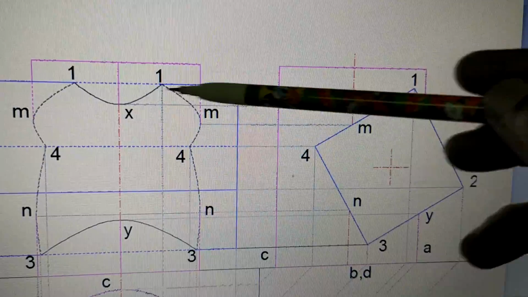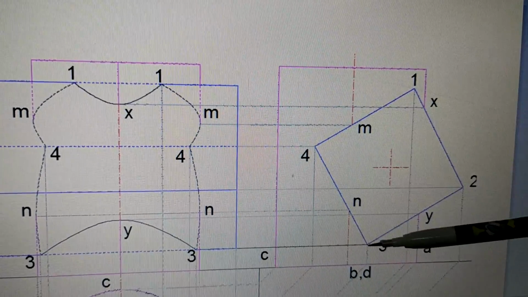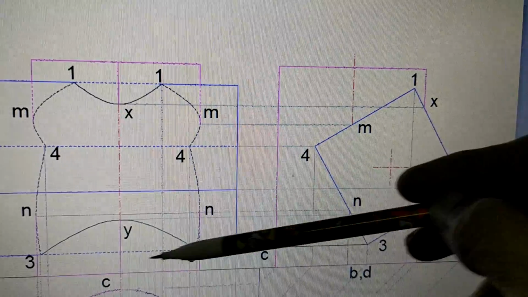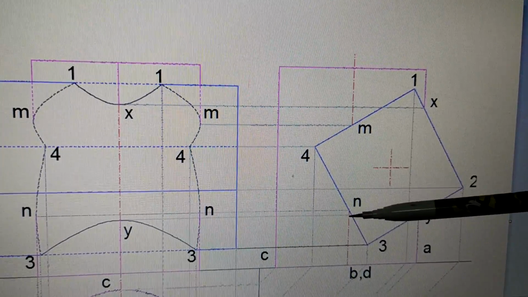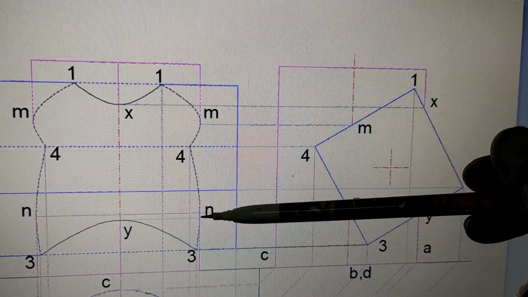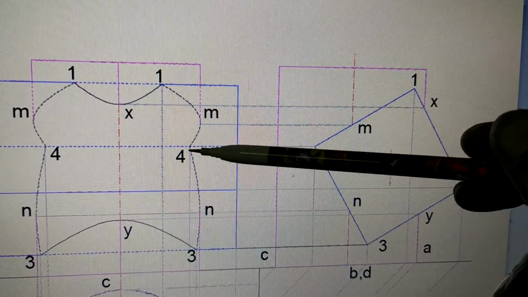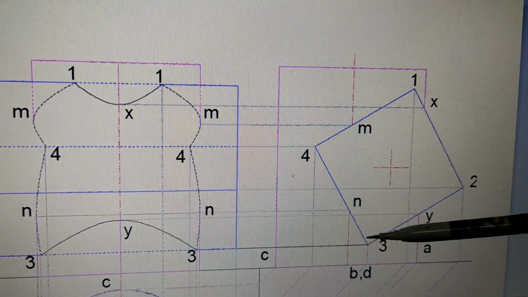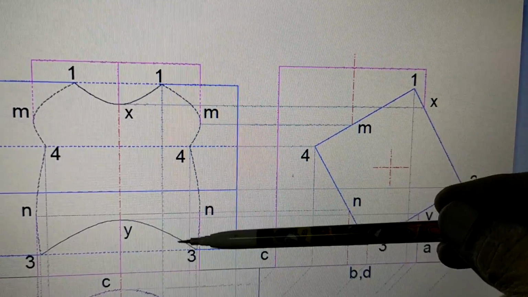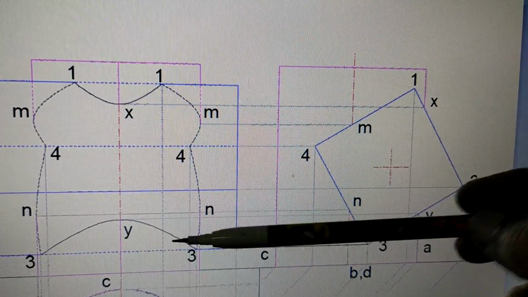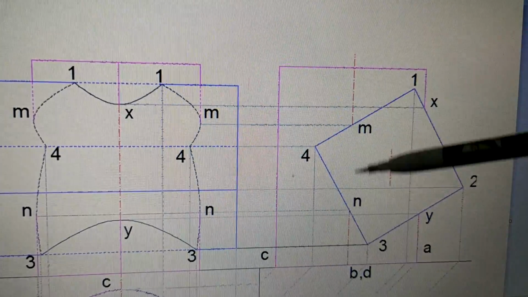Okay. Now, this edge at 1 has gone inside, so dotted here. Edge at 3 has gone inside, so the dotted line is here. All these rules you have to observe very carefully. Same thing between N and 3. You can see between N and 3 it is on the back side, so dotted. 4 and N, back side, dotted. Whereas 3 to Y is on the front side. Therefore it is the same. So that is the way we are completing this exercise.